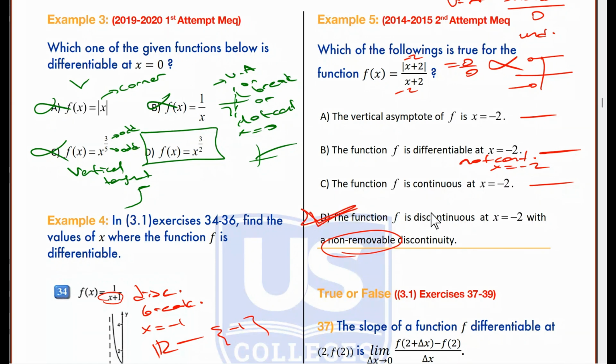That's true. We know that there is discontinuity at -2, but is it non-removable or removable? It's non-removable since the limit does not exist. The right side limit is different than